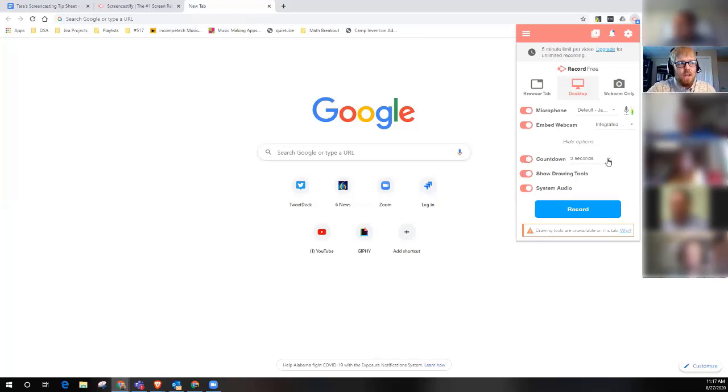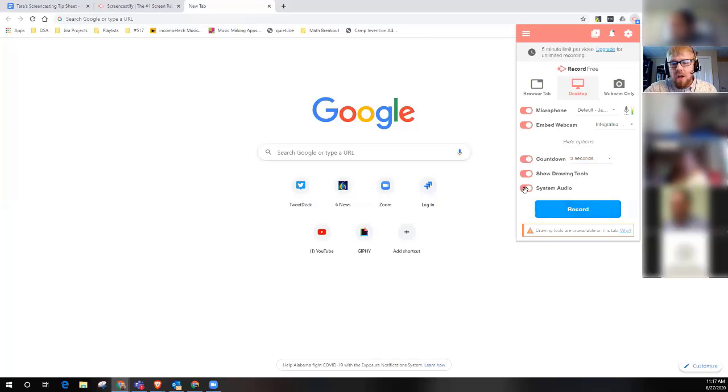A countdown is nice, depending on how much prep time you feel like you need to kind of get in the zone before the camera goes live. If you have 3 seconds is enough, or if you need more like 10 to kind of work yourself up into your character a little bit, okay, you can do that. Or you can turn the countdown off and you're just like, I want to click record and just whatever.